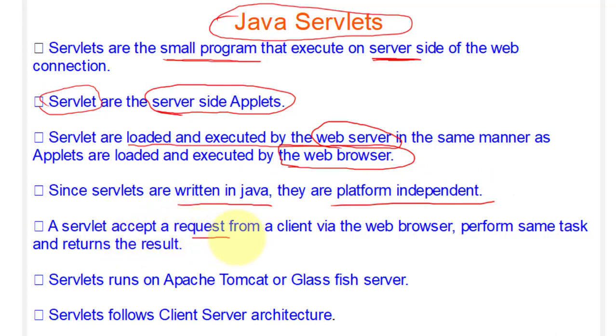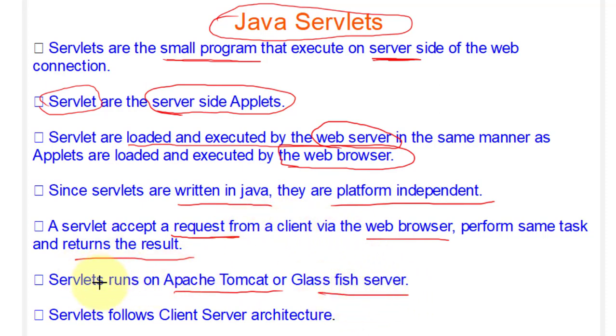Servlets follow a client-server architecture. In this, the client is responsible for sending the request via the web browser. The servlet will perform some tasks and return the result to the client. Servlets run on Apache Tomcat and Glassfish server.